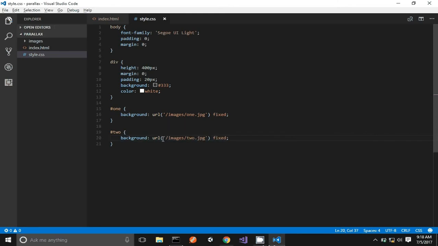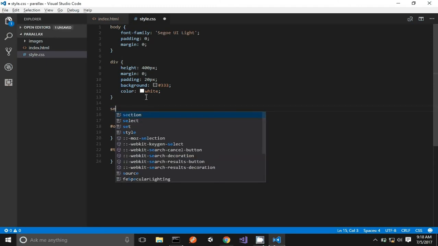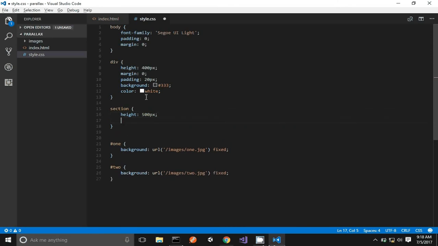Now, since I don't want them to look ugly, first let's do some styling on the section. You can refresh yours and see what it looks like. I'm sure it's ugly. So let's set the height. I'll set my height to 500 pixels for every section, both sections that is. And then I want to set the padding to 20 pixels. What else? I want to set the color to white